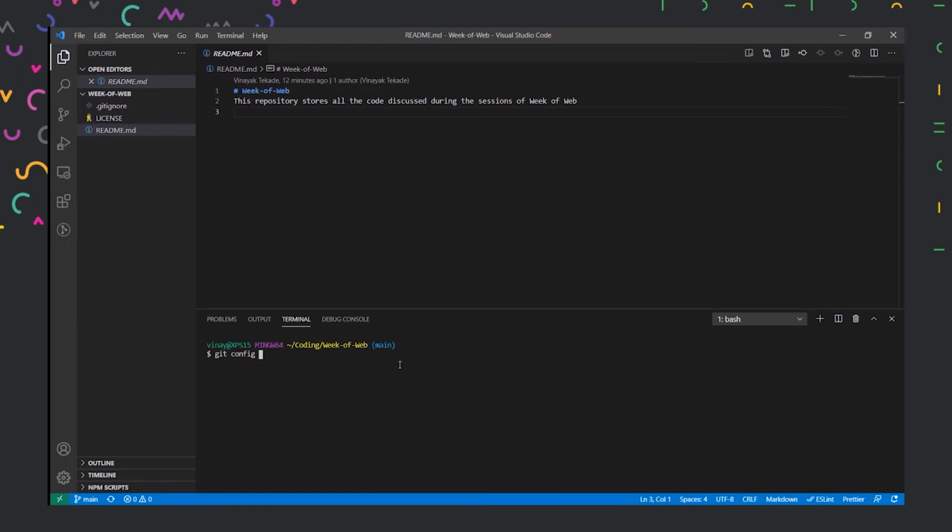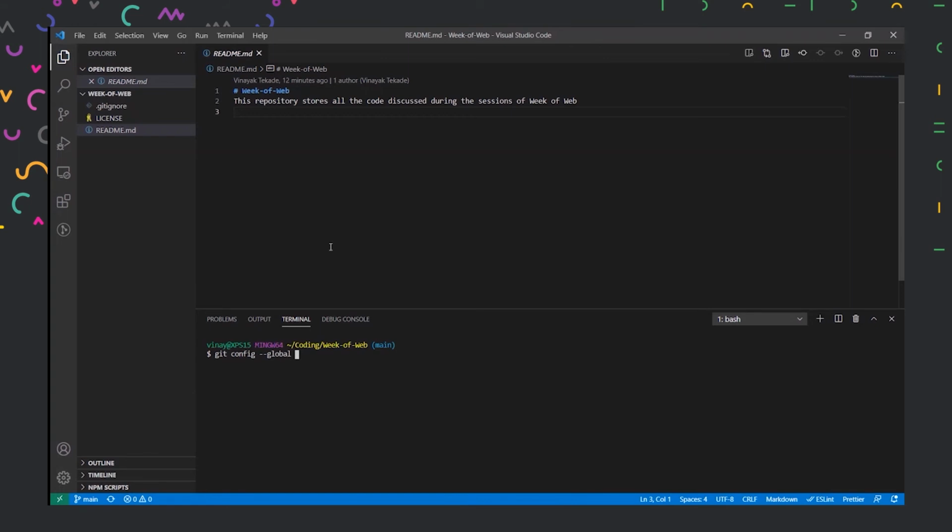There are 3 types of such config files. One is in your repository, that is in the .git folder. One is for your user account, since in Windows you can have more than one user, right? And one is the global one, which could be used by any user. We'll be storing it in the global one so that it is visible across all our repositories. We can create 5 repositories and all of them will be using the same username, and it will be easier for us as well.